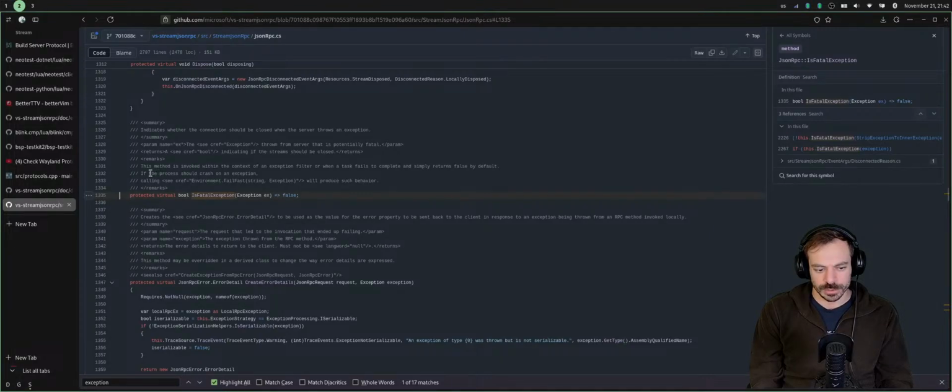If the process should crash on an exception, calling Environment.FailFast will produce such behavior.